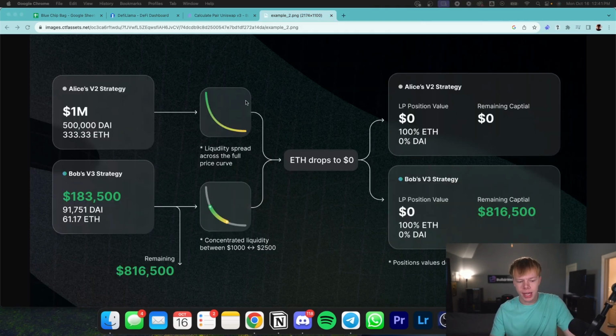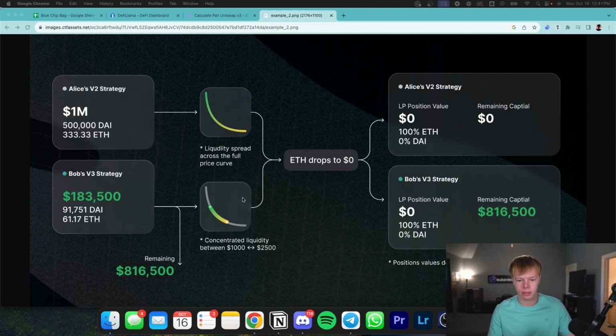So a brief little recap of what we talked about so far. With Uniswap V2 strategies, we're providing liquidity across the full price curve. So we're providing liquidity on every single possible price point. Whereas with concentrated liquidity, we're providing liquidity across a set amount of price points. And that set amount can be anything. It could be whatever you choose. You could do something super narrow, which is like $1,500 to $1,600, or you could do something super broad like